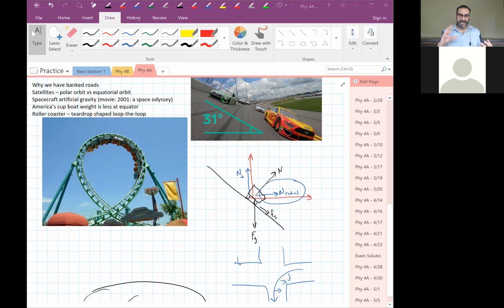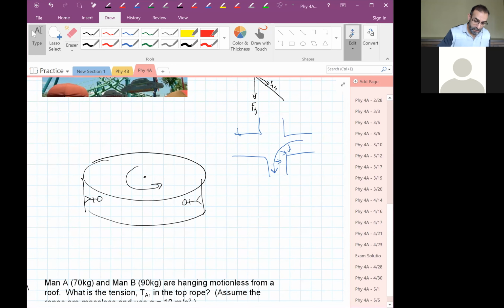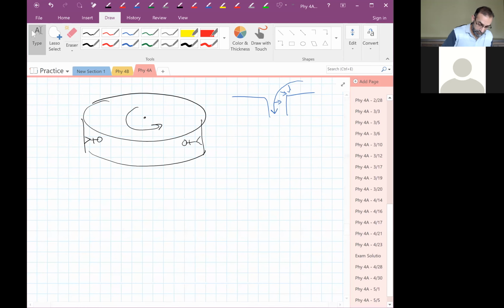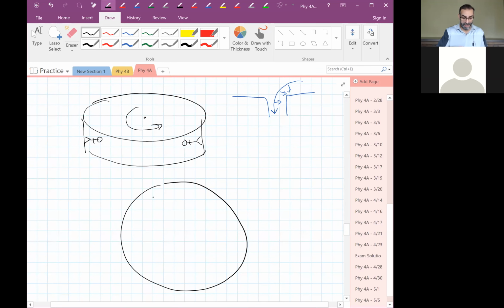So now let's switch our gears to circular motion. It's the same kind of thing. You are in that amusement park ride. Let's draw a picture. So you're in the amusement park ride where the floor drops out, right? So this is the top